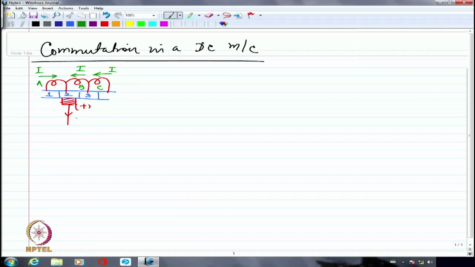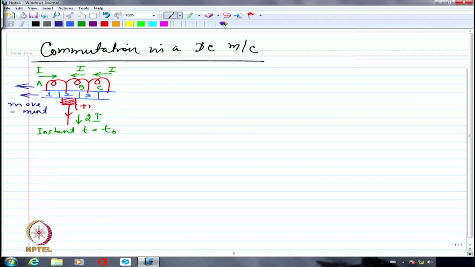Okay. So let me call this the instant t equal to t naught. And we are having the brush stationary. There will be poles also which are stationary, but the movement is going to be in this direction, the movement of the coil as well as the commutator segments together. This is how the movement is. Because the movement is in this direction but the brush is stationary, after a little while,